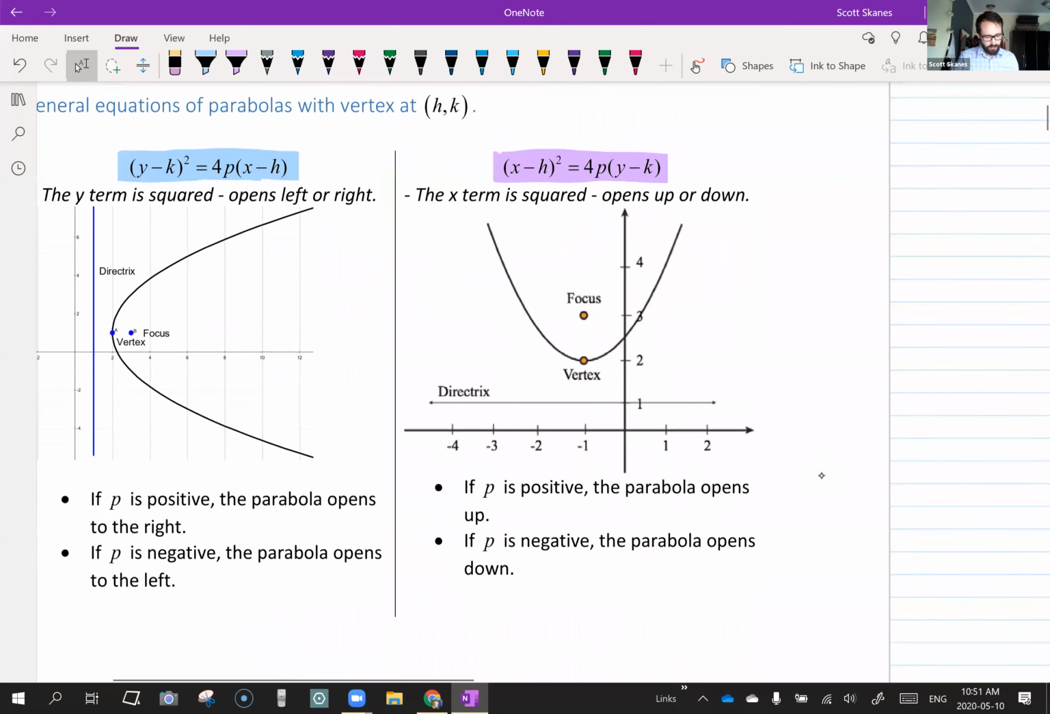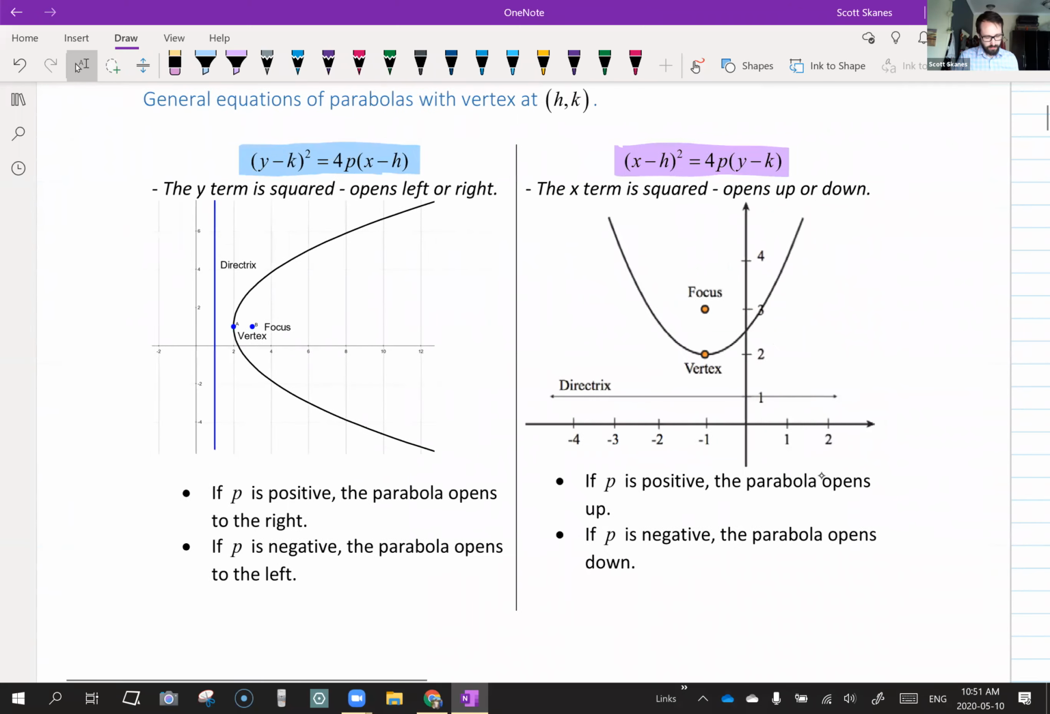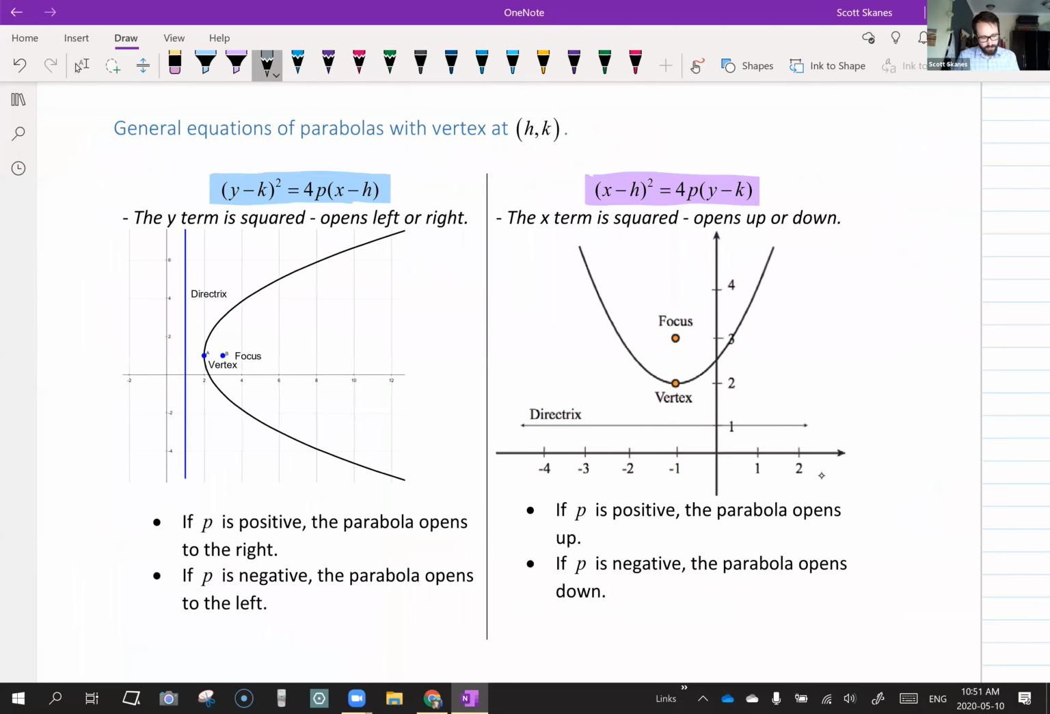So let's look at the equations. It says here, general equations of parabolas with vertex at (h, k). So our equations, if they're written in this form, we can steal the vertex point or the coordinates from,